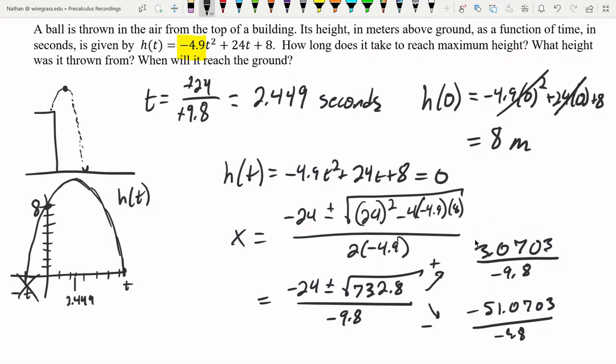We know this one is the negative because positive divided by negative is negative, and that one's not going to be what we want. This was t equals that. So t is going to equal this one, which is approximately positive